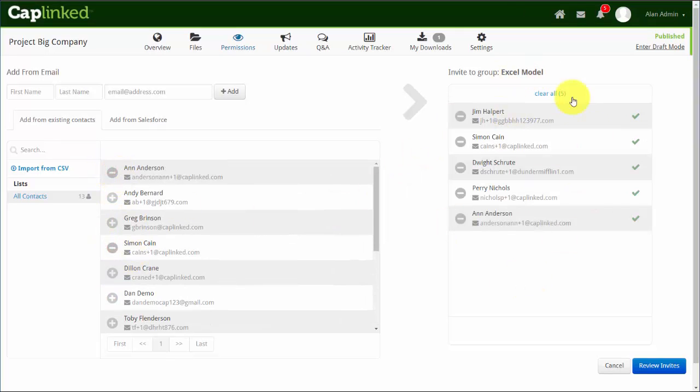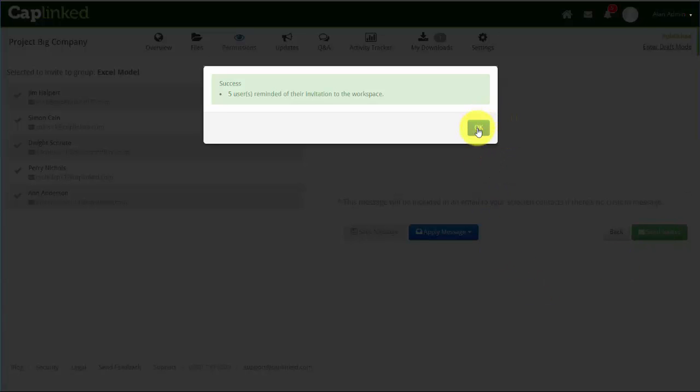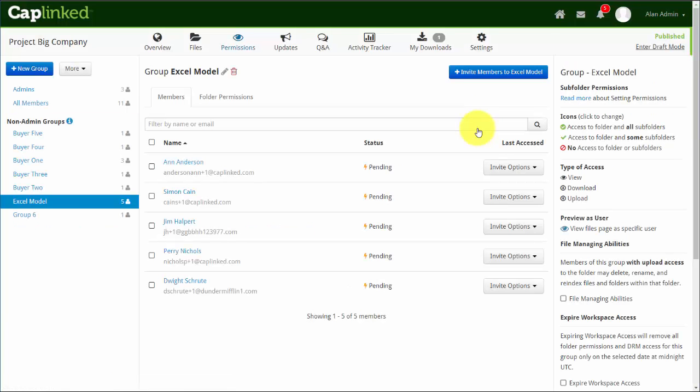There we go. So we've added each of these people to the Excel model group, and now we can just go ahead and send the invite. Now, they're already going to be users and they've already had an invite go out, and we'll just click that green button and they'll be invited. So again, from their perspective, they won't know that this is just a separate group that they've been added to,